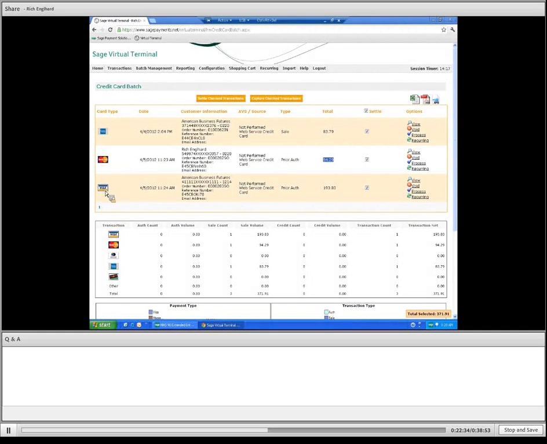We have a Visa here that we ran for $193.83. And we have an American Express that was actually run yesterday that we didn't batch out with. That was for $83.79. You'll notice that this one is the type of sale, and this one is a prior auth. So we're going to take a look as we jump back into the system at what those differences are. But again, with the sales order, I said today we will be taking pre-authorizations, so that's why we see that prior auth. If we had not actually gone through and captured those pre-authorizations after invoicing them, it still would say auth only. What we'll do is we'll jump back into Mass,